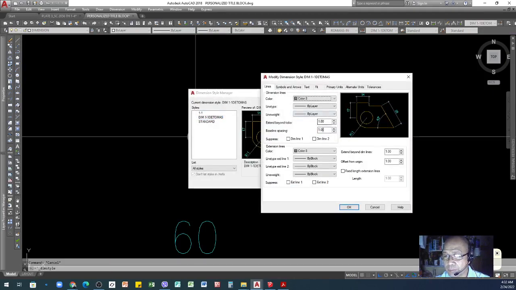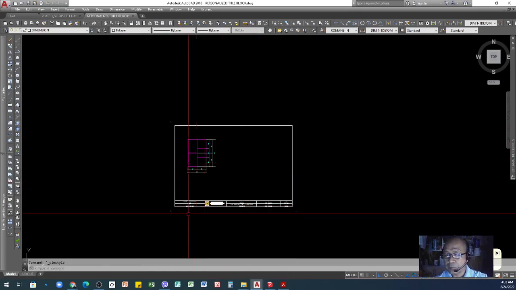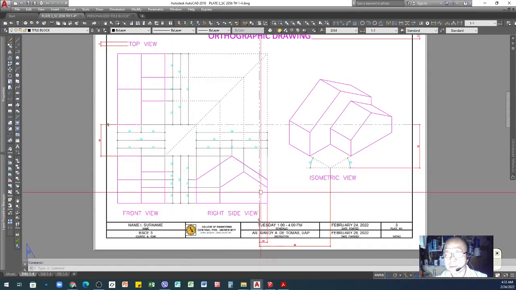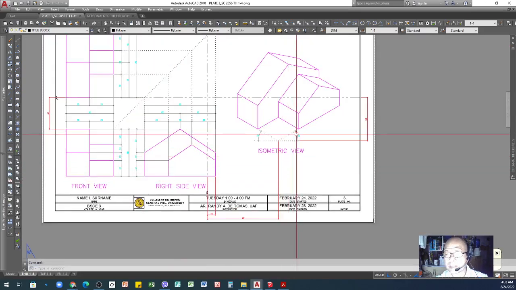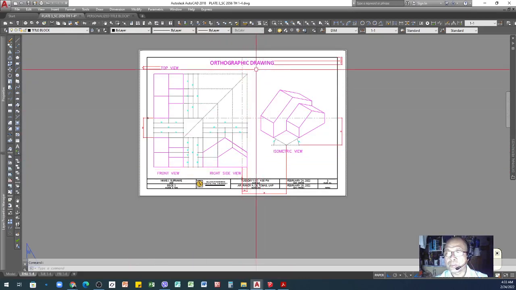So this is the one I'm referring to. You can set other numbers here, however you want your dimension to appear. But for now, just follow my instruction so that all your output will be uniform. Okay, so that's it. The rest you can do based on your reference. Dimensions are given, everything is there for you to follow. Use the commands that I taught you from plate number 1 to 2.